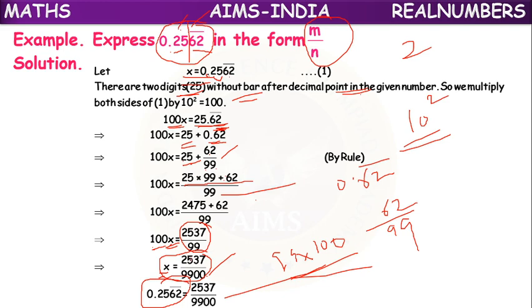The remaining part is like the previous model. Without repetition, how many digits are there after the decimal point, to the right hand side of the decimal point? With that you have to multiply both sides. So what will it become? You will get a pure recurring decimal. By multiplying with 100, the recurring decimal will be turned into a pure recurring decimal, so that you can follow the normal method.